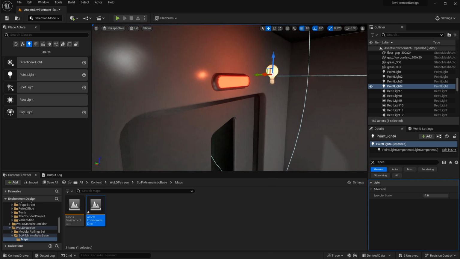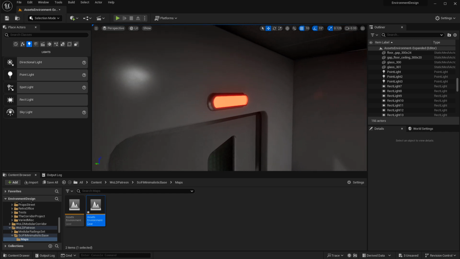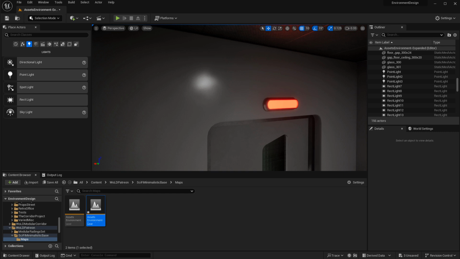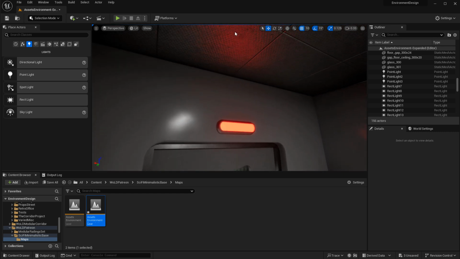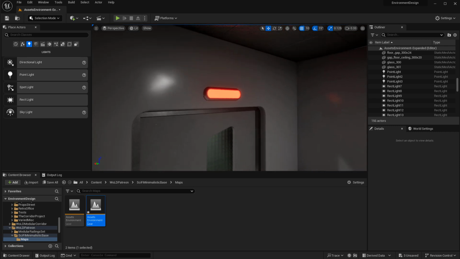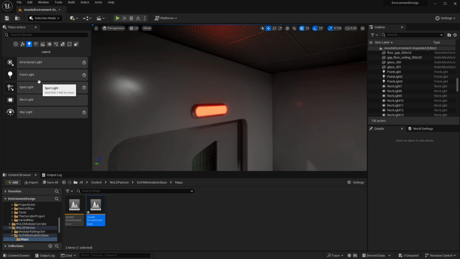This will often be done when you have a small area light, such as the static mesh with emissive property, or some other small lights, and you want to simulate more light coming off of them and to create that fake additional light from the static mesh. So right here, this is a static mesh with emissive property, and it gives off some nice reflections on the ceiling here, but there's just not enough light coming off from this in order to have more red showing up around it. So a common way is you would insert a point light or a spotlight to create that additional